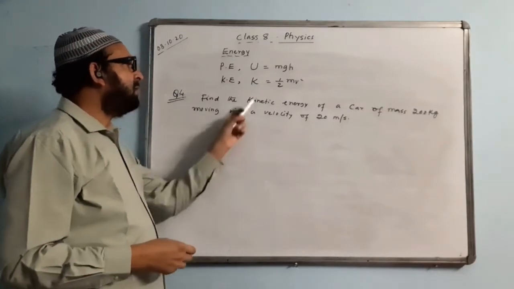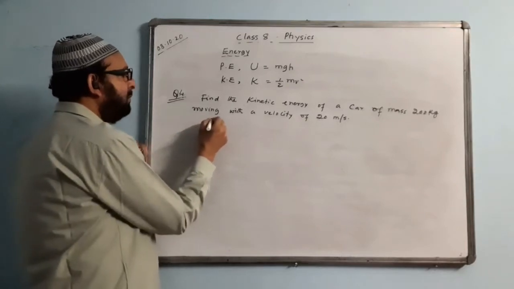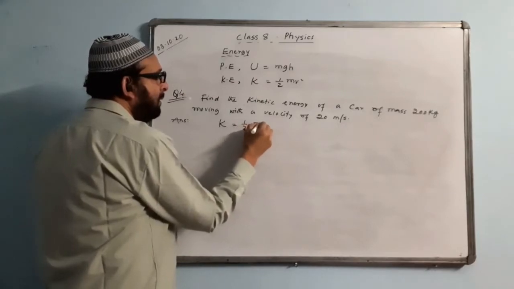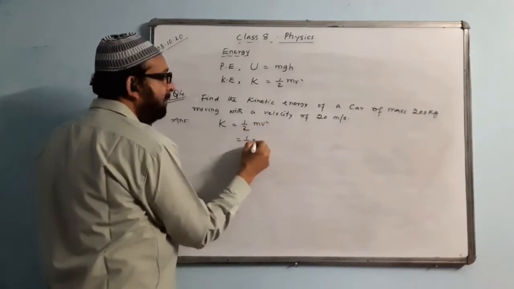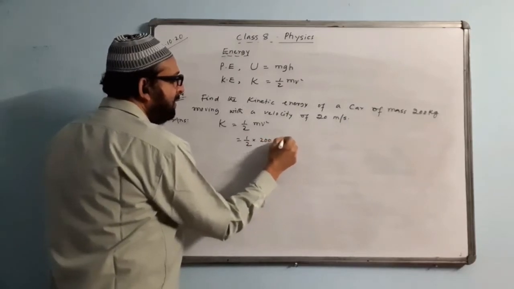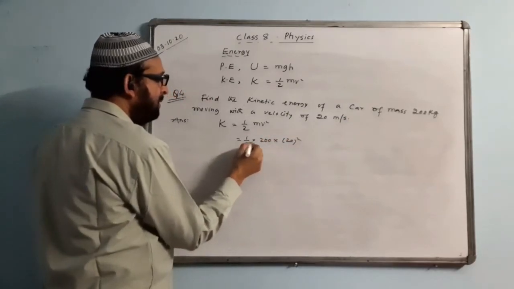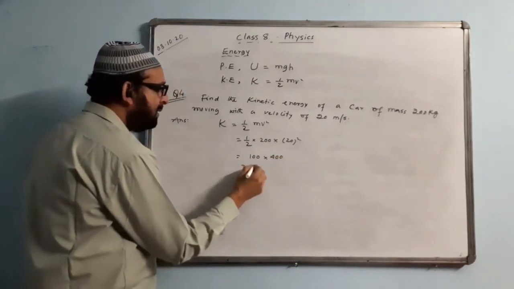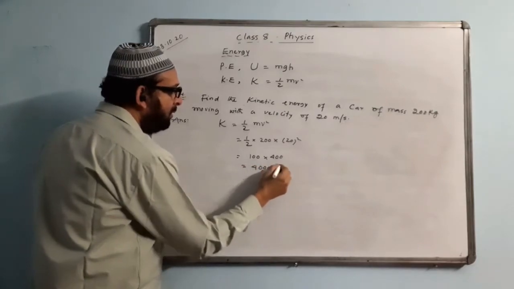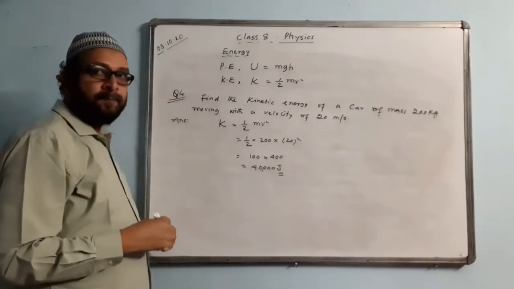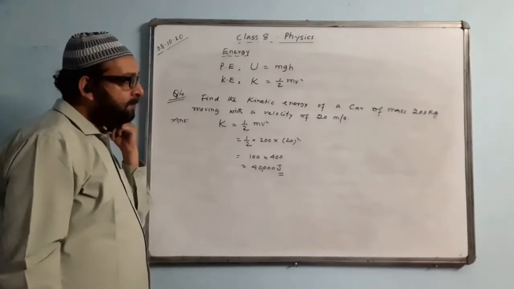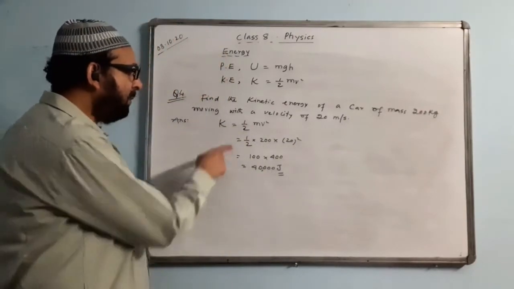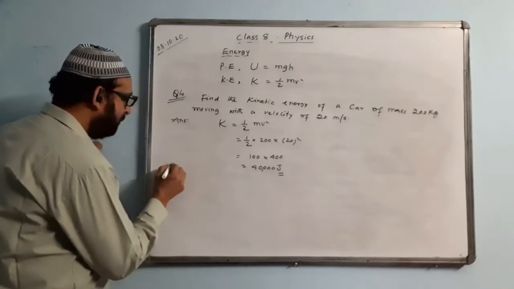Whenever you see velocity, you must find kinetic energy. So I will answer now directly. Kinetic energy formula, half mv square. We are getting half, mass is 200, V is 20, so 20 square. This and this you can cancel. It becomes 100. 20 into 20 is 400. So answer is coming 40,000 joule. This is the answer. Quite simple. If mass is given in gram, you must change it to kg and then you will find the answer. Next question.